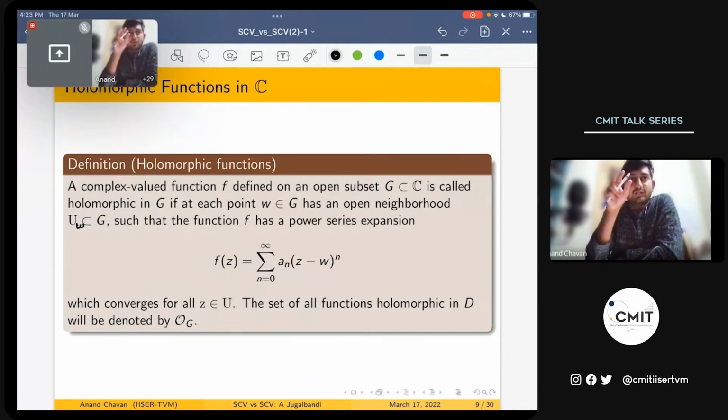A complex valued function f defined on an open subset G of C is called holomorphic in G if at each point w it has an open neighborhood U of w such that the function has a power series expansion f of z equal to summation n equal to 0 to infinity a_n (z minus w) raised to n, which converges for all z in U. What this means is, if my function is holomorphic, then I can locally represent my function as a power series expansion, which means that